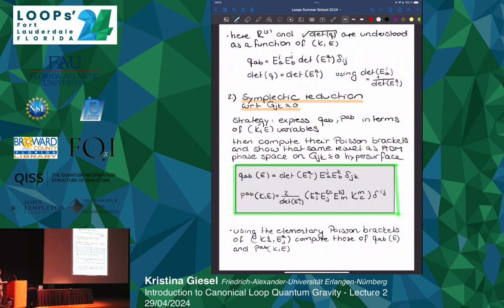You see that the densitized triad is describing the degrees of freedom of the ADM 3-metric, so there's no extrinsic curvature here. So the geometry of the metric is now, as expected, encoded in the densitized triads. And the momentum includes a mixture of densitized triad and the new variable which we related to the extrinsic curvature. Now, given these functions, you can plug them into the Poisson brackets with respect to K and E and compute the result of the Poisson brackets between these elementary variables. And if you do this,